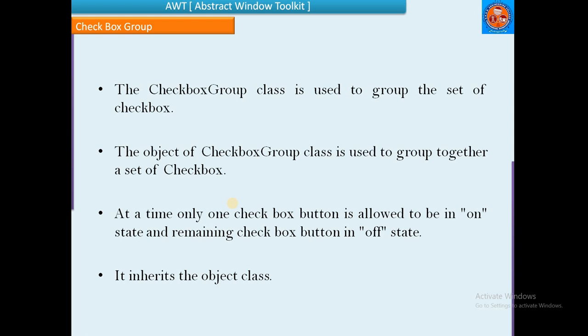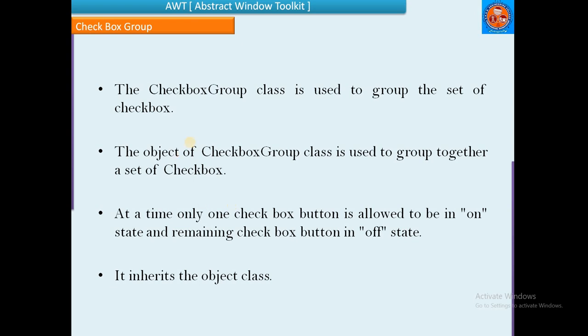CheckboxGroup. CheckboxGroup is also a class. If you create a checkbox, after successful creation of the checkbox, we will add the checkbox to the checkbox group. It will be converted into a radio button. That means it will allow us only one option.